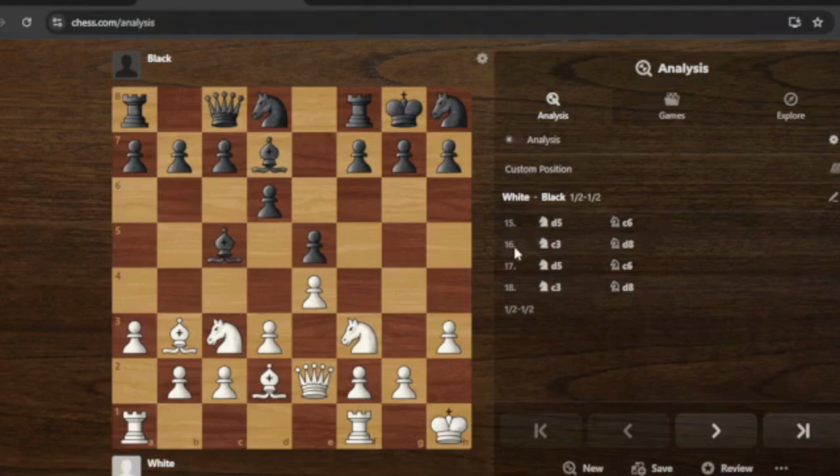Then white played knight to d5 because white wanted to, so that the white knight can go to e7 and fork